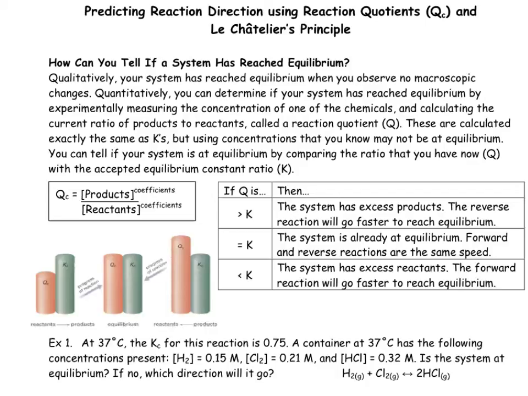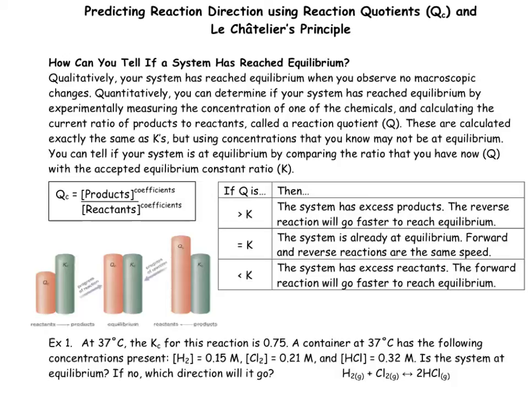You can tell if your system is at equilibrium by comparing the ratio that you have now, Q, with the accepted equilibrium constant ratio, K. Here is how you interpret. If Q is equal to K, it means that your system has the exact same ratio of reactants and products as it should. So your system is already at equilibrium, and the forward and the reverse reactions are the same